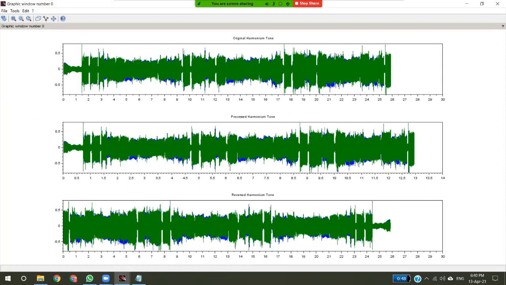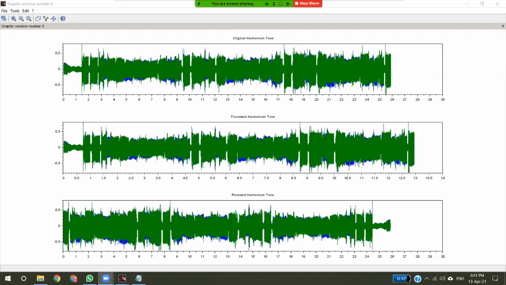So here the processing is done on the first tone, that is the harmonium tone. As you can see, the first graph is showing the original signal, that is, no processing is done. The length of the signal is approximately 26 seconds. After changing the playback speed by a factor of 2, the length is divided by 2, so approximately 26 scales to 13 seconds.